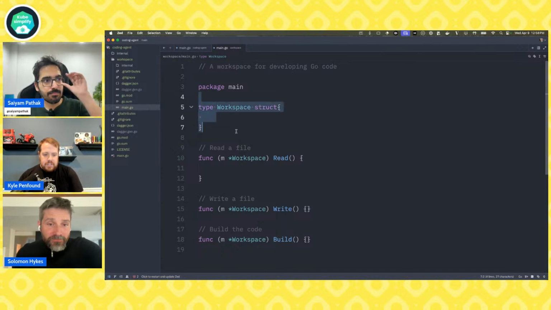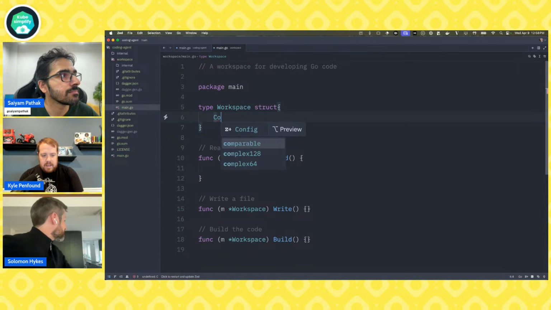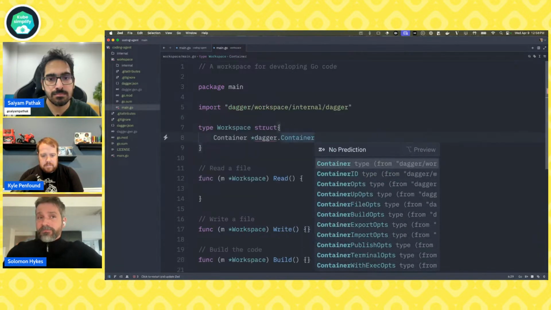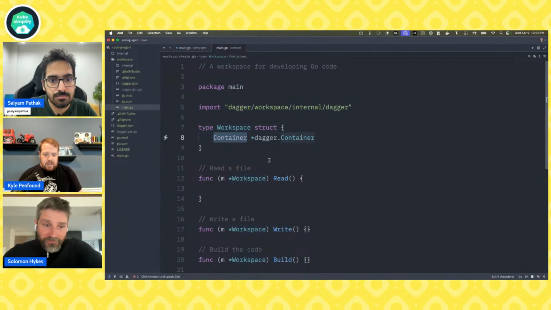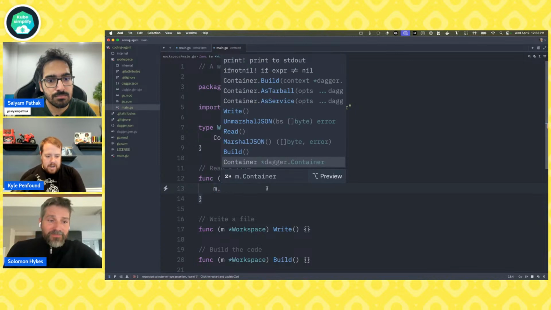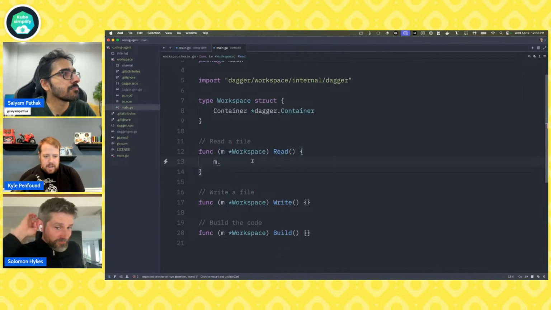So in my struct, my actual object definition for this thing I'm writing, let's create a container, and that's going to be a dagger.container. So now our workspace has a field. Let's call it container. You can name it whatever you want. It's just a variable. So now when we want to read a file from it, we can say m dot container dot file, because our current self is m.